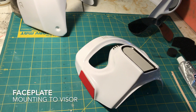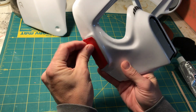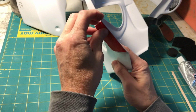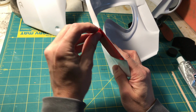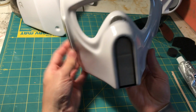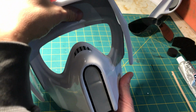The next stage is putting the faceplate and the visor sections together. So with these parts on, I'm going to remove this backing now, which, as you recall, has on the other side the scored section of ABS, which is keeping that part down. And again, this is great because I can reposition it as needed with little effort. So the lens is not in there yet, but I'll show you why I didn't put it in. I'm going to bring this forward and put the visor